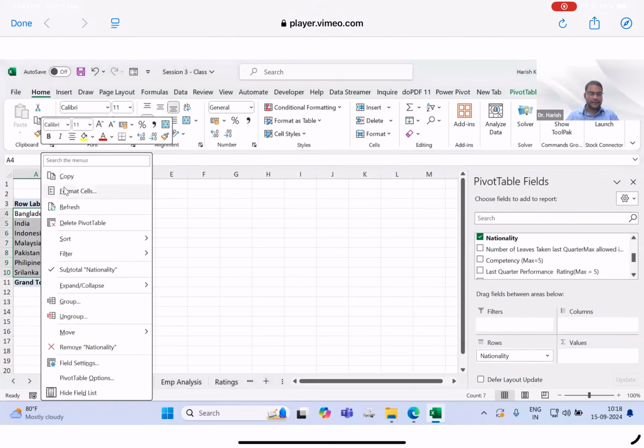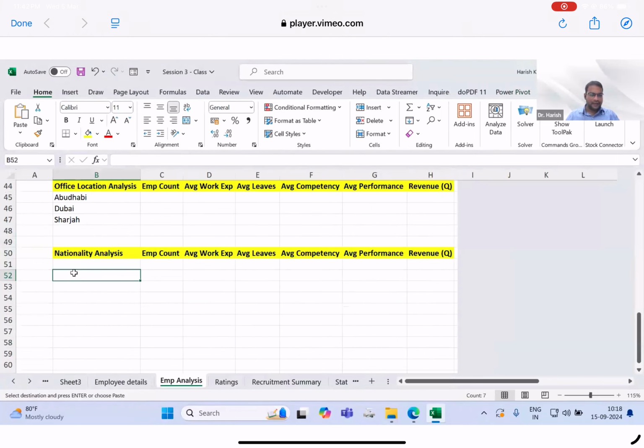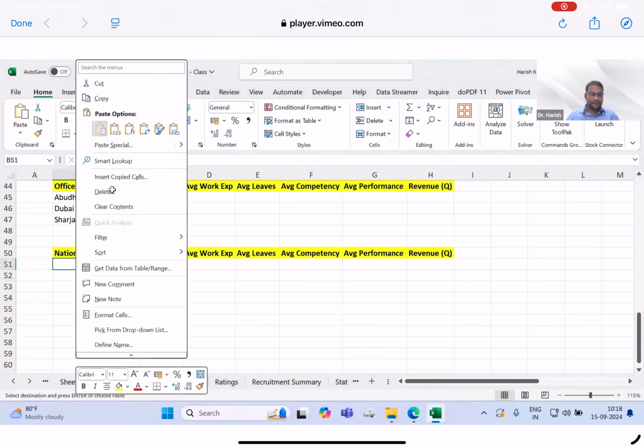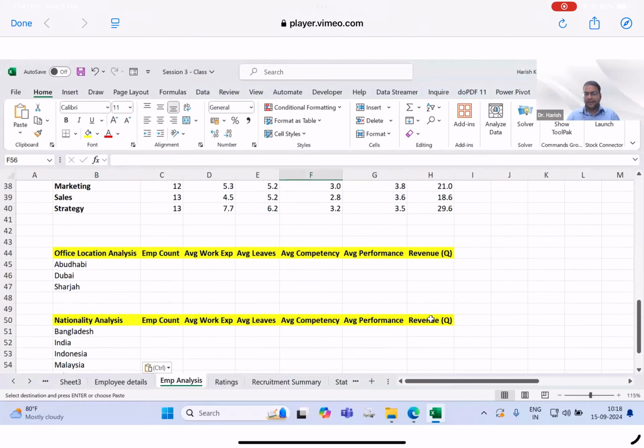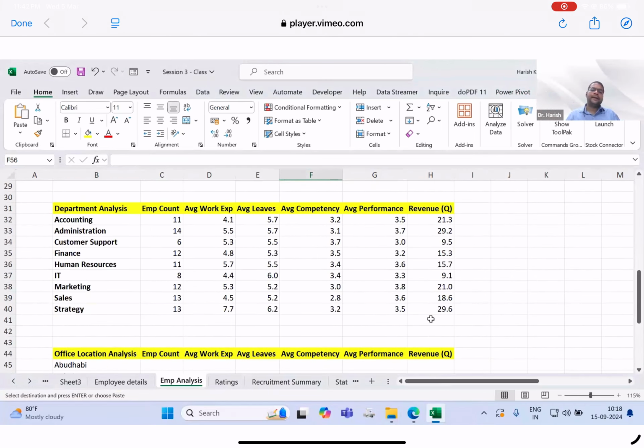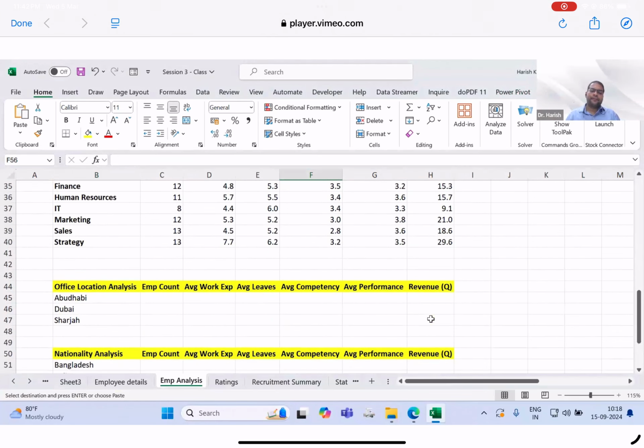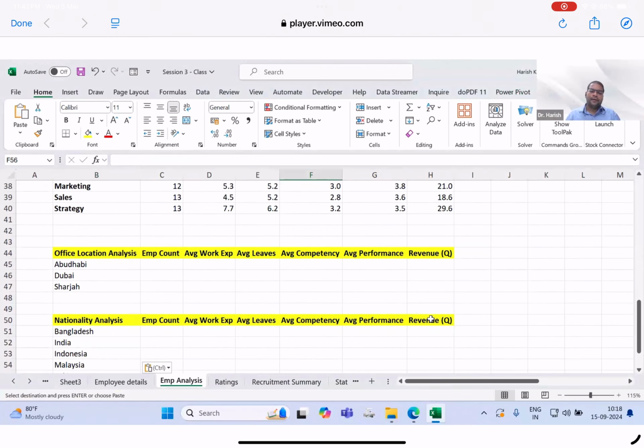Can I make a copy of this? And then EMP analysis. Simple one. The same way, can we analyze something more in this? The same formula, quickly we can complete that one. But the interesting thing here is, can I analyze